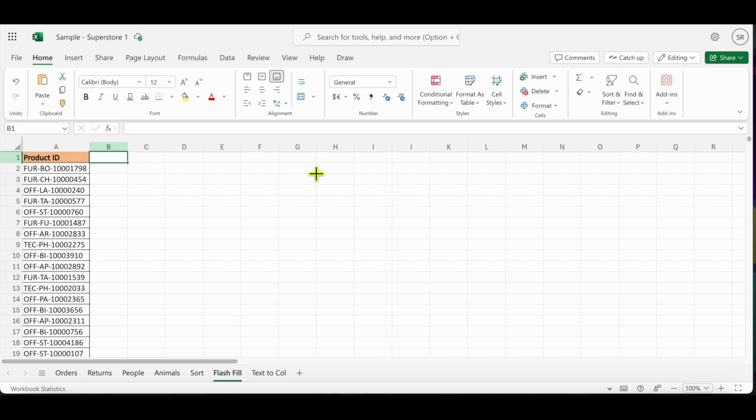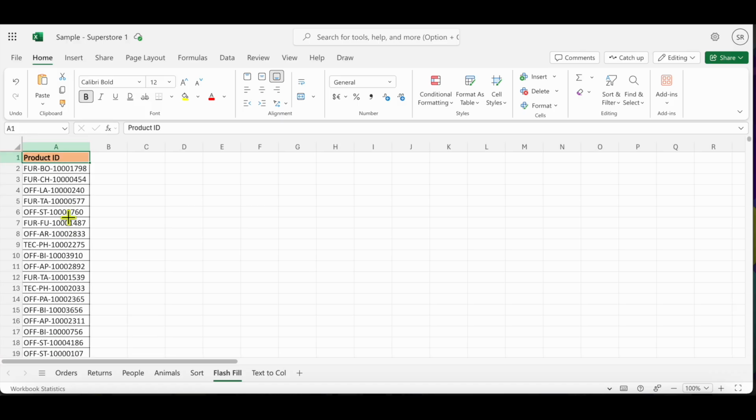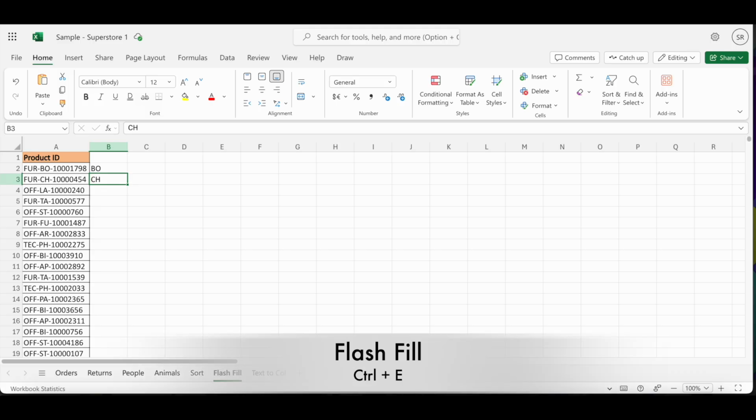Flash fill is another data prep technique. I'll tell you the use case. So you can see that we have almost 10,000 records. Let's say this two character code in between in the product ID is the location code. The requirement is such that you have to type out the location code. Just imagine typing out for 10,000 records. So there is a shortcut: you type one or two options, and then you can press Control plus